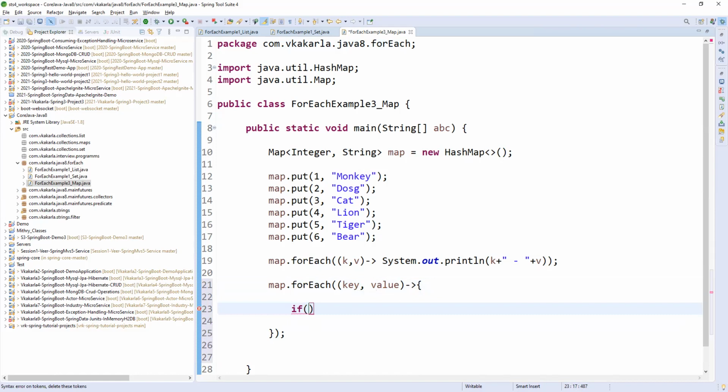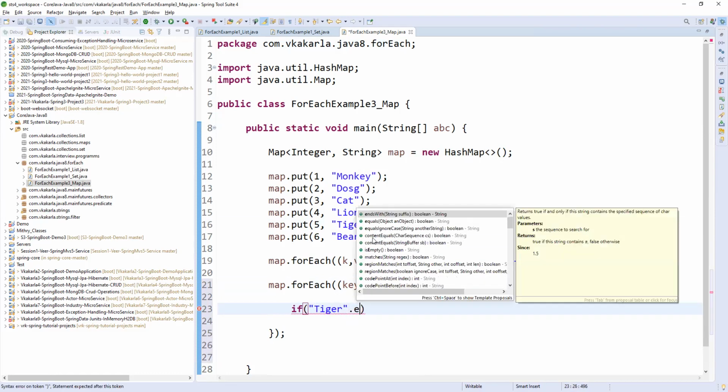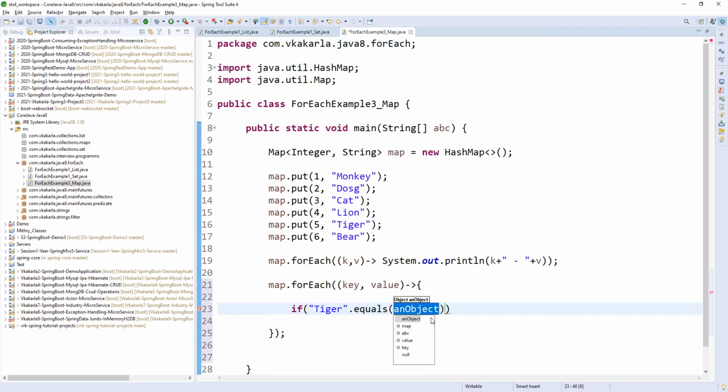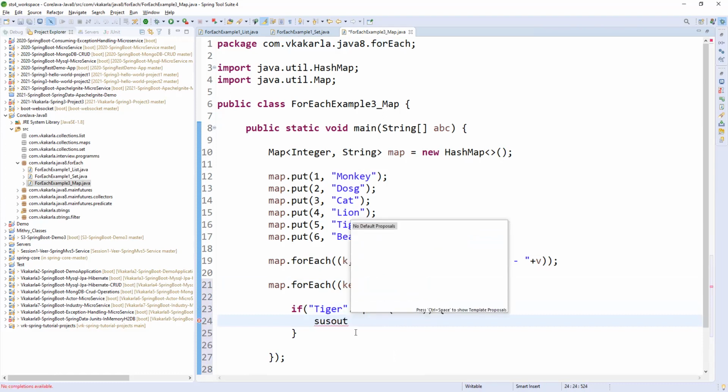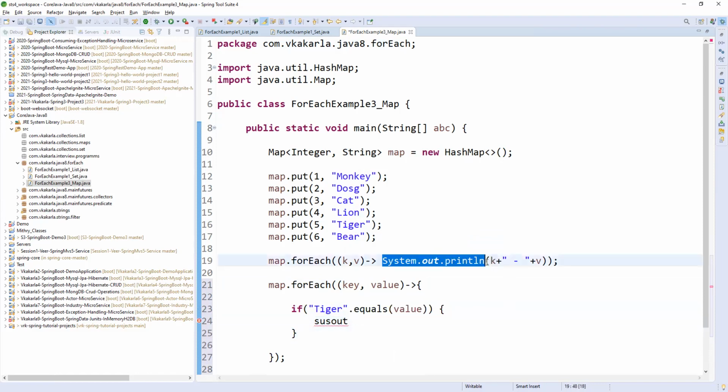So I want to print the tiger key. So if tiger dot equals value, this value, right? The value is coming dynamically. Then print the key here.